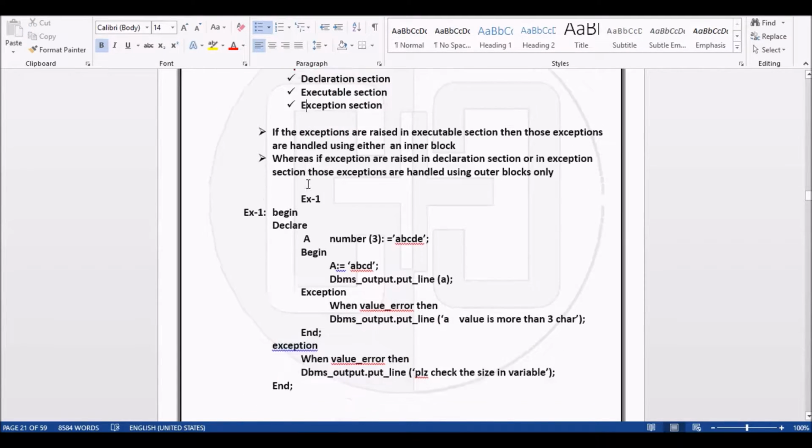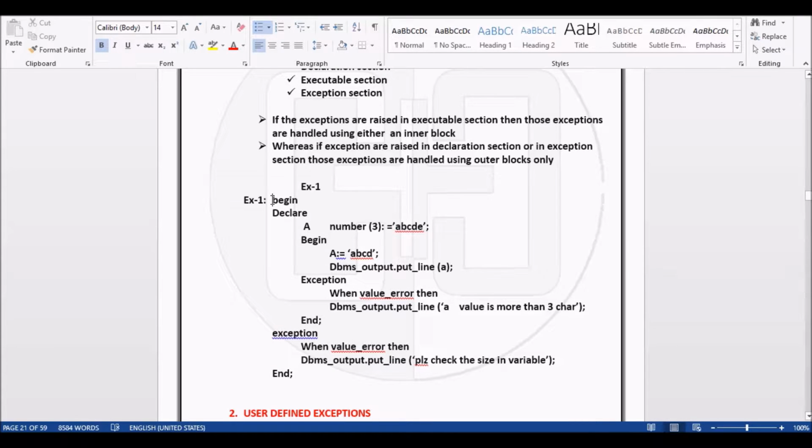Let us see here. I am beginning an executable section here. So begin. Now in that begin, I am writing another program, another PL/SQL program within the program. First declare. We want to declare a variable with number data type and size 3.